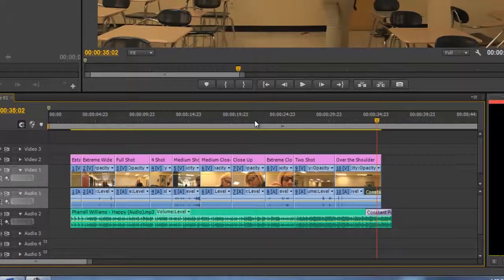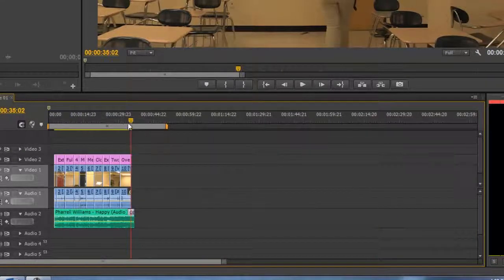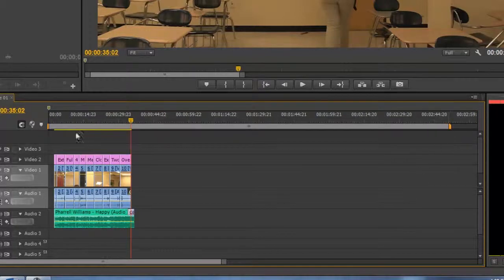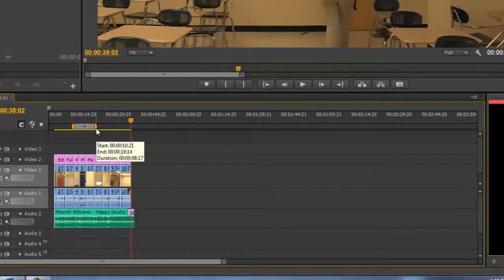What we're going to do now is look up here, and this is called my work area bar. Actually, let me zoom out a little bit. There's a work area bar, and yours might look like this. Yours might be super long, like this. Or it could be somewhere just in the middle of the video, like this. Okay, so what do we do? What's the point of this? Well,